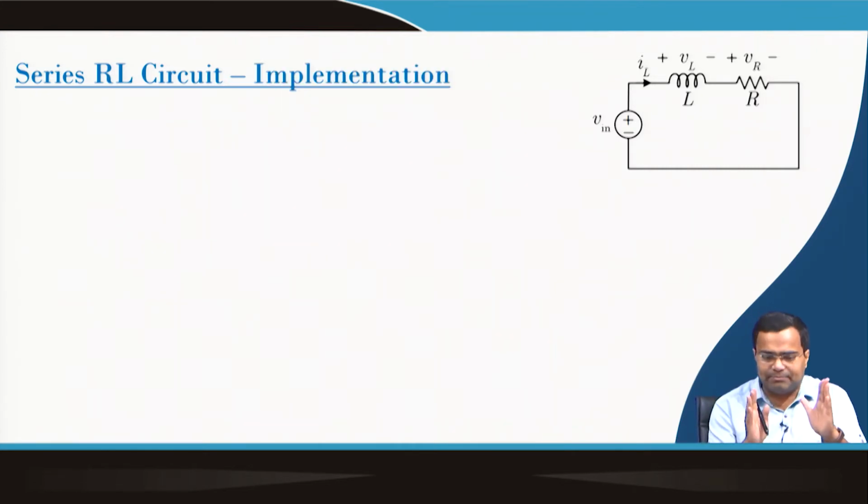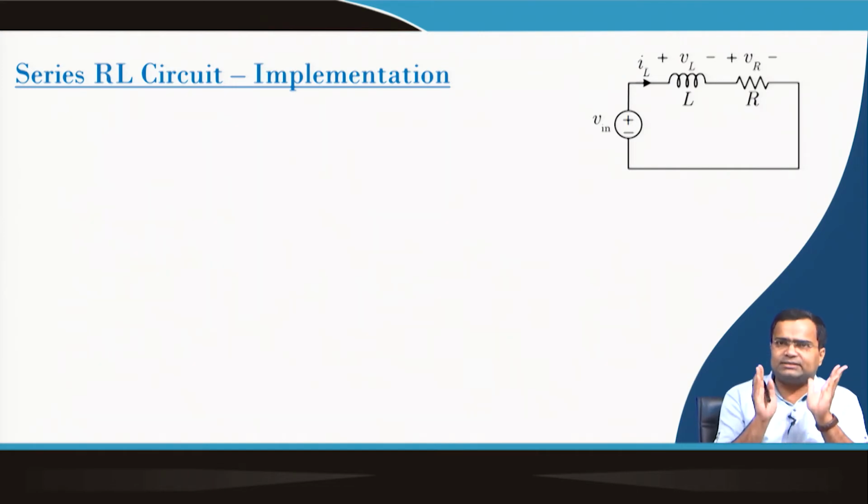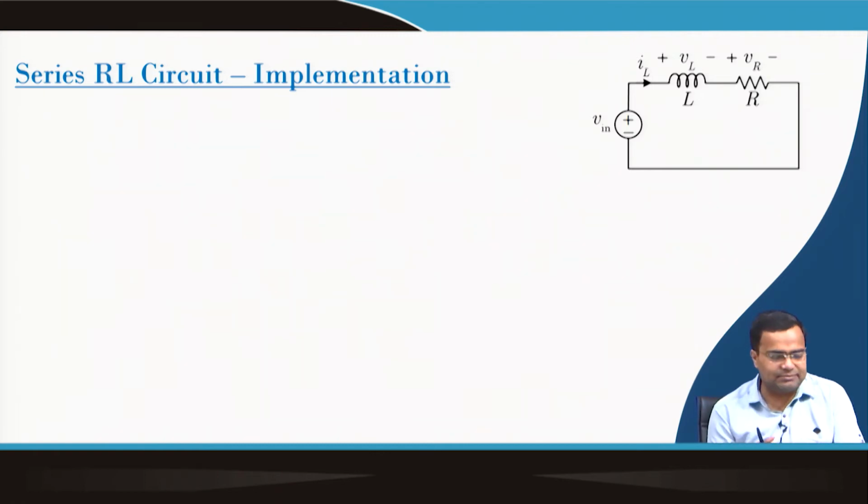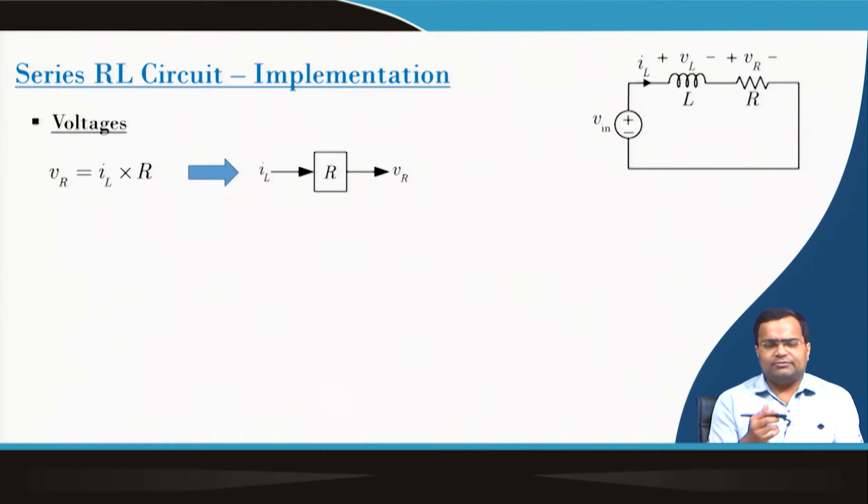Now, we want to implement this in a building block, and this implementation is quite similar to what we will be doing in MATLAB Simulink. The voltage VR, since we are using a resistance, is like a constant block, and the constant multiplied by current will be the voltage. When we implement in Simulink, we will use this symbol R rather than putting in a value, so that all these parameters that we are plugging into the Simulink model, we can define separately using a .m file in MATLAB, that we will discuss.